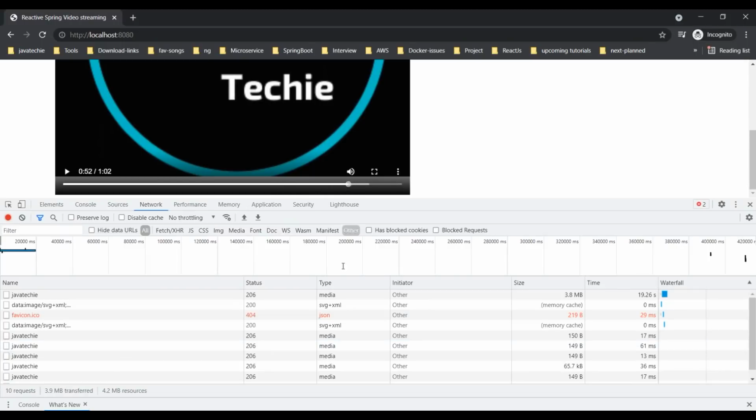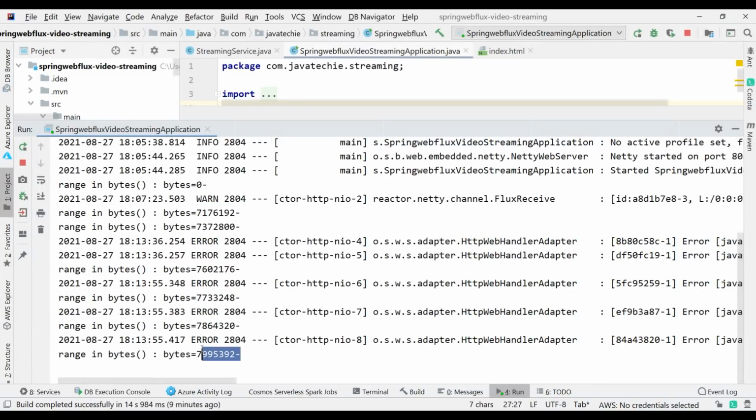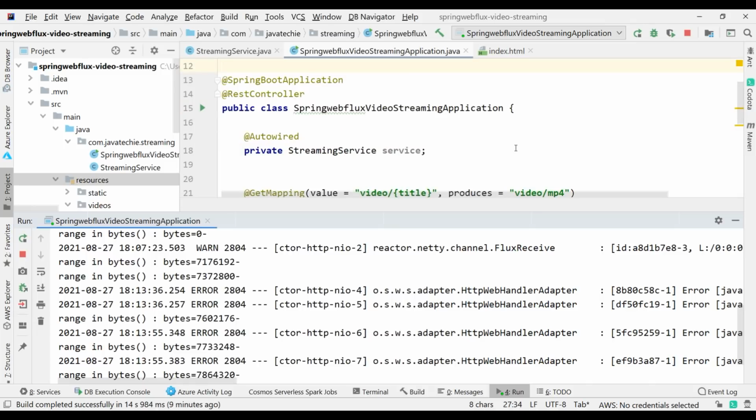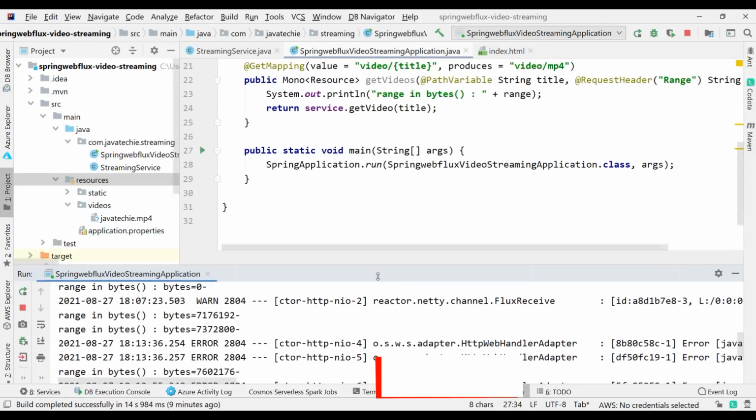Now if I click on here, see here, you can see there are n number of 206 partial calls from client to server to get the content based on the user click event. Okay. Now again, if you go to the console, you can see here, right? So the total length of the video in bytes is different, and what you are requesting, we are getting that much content only. That's how the video streaming platform keeps engaging the user to watch their content. If the user had to wait until the whole video loaded, no one would go to their streaming platform to watch a video, movie or anything else, right? So this is how a video streaming platform works.